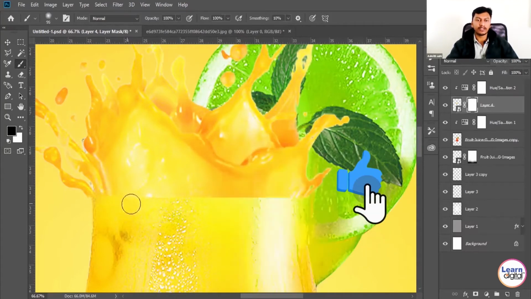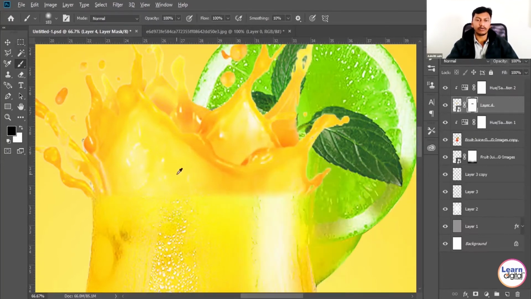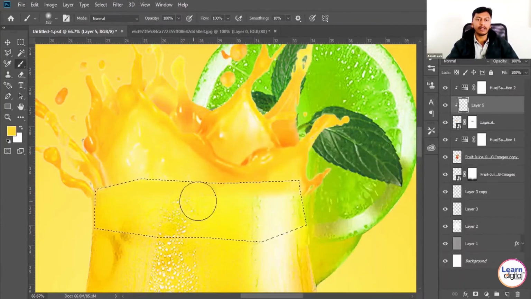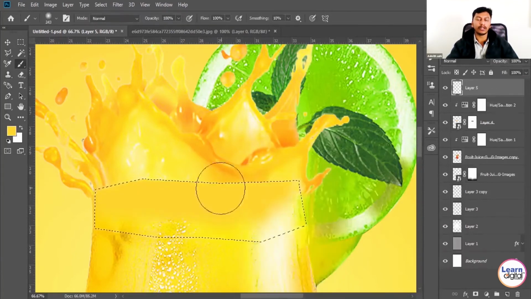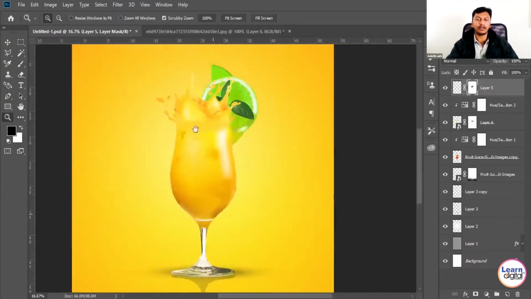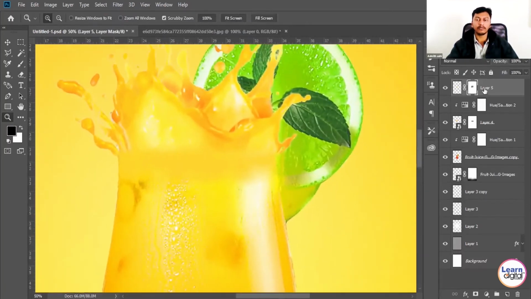So play with the brush size, and play with the brush hardness level also. Now you can see I am removing hard edges over there. You can remove the hard edges, or in a new layer you can fill the same color tone over the mask. Now you can see in the selected layer I'm using an orange shade, and then I'm erasing the sharp edges. So you can do it in multiple ways. If you want, you can erase, otherwise add one new layer and brush the color which suits the product.